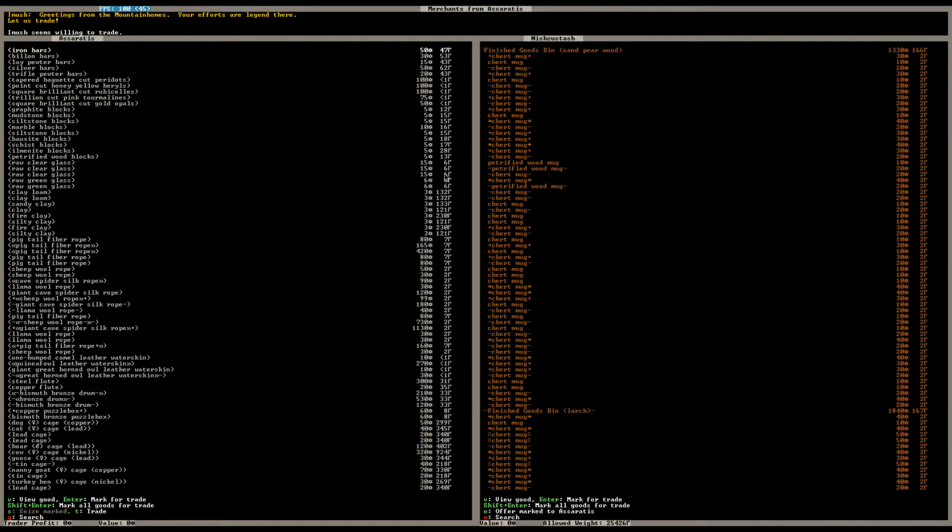So as you can see, there are 2 sides to this window. On the left side, those are the things that the trade caravan has. On the right side, those are the things that we have. And use the arrow keys to switch back and forth between the 2. Now, we don't have much. So let's go ahead and we'll hit Shift Enter just to see how many dwarf bucks